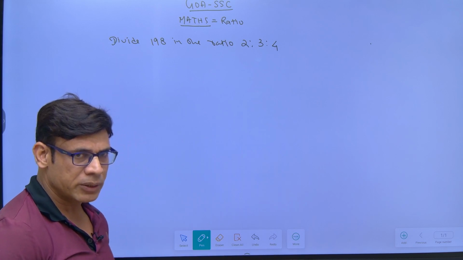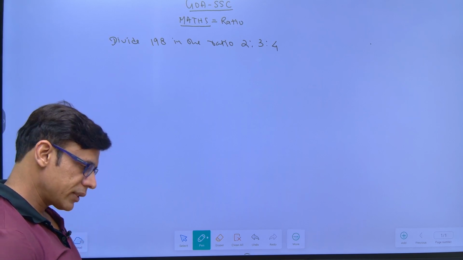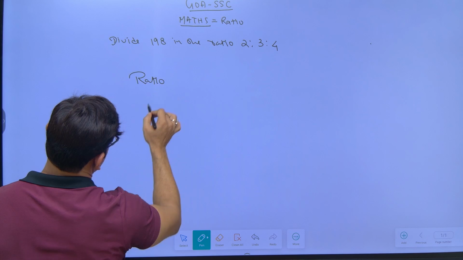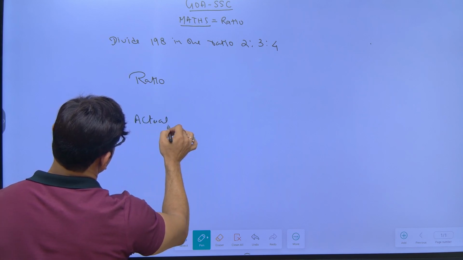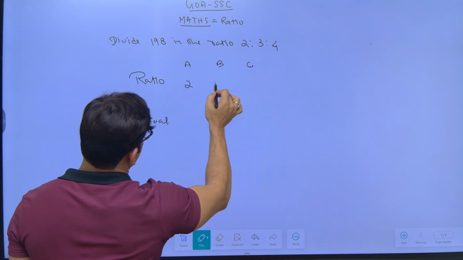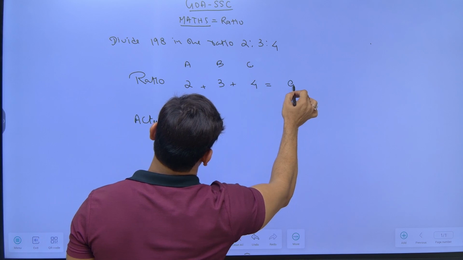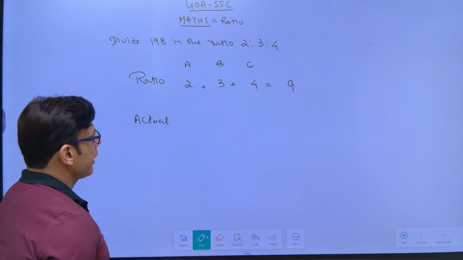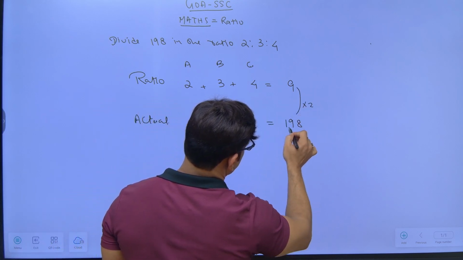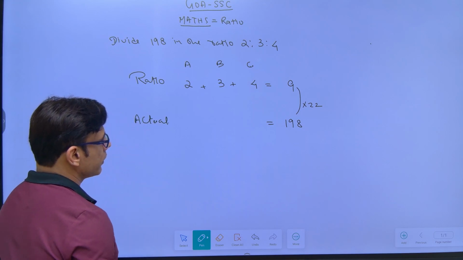So you have to divide 198 in what ratio? 2:3:4. Again, do not involve x. Let's try to solve this question. One is a ratio scale and the second is an actual scale. Let's mark these 3 parts as A, B, C. On ratio scale, they are 2, 3 and 4. If you add on ratio scale, this comes out to be 9. And on actual scale, this total is nothing but 198. 9 twos are 18, and 9 twos are 18, so 22 is the multiplying factor. 9 twenty-twos are